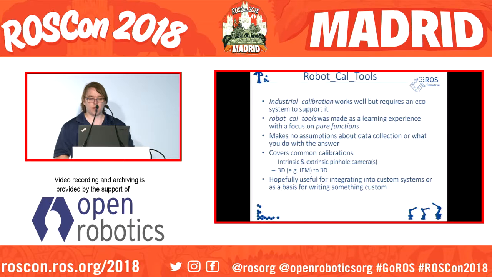So, like I said, industrial calibration works well, but it needs an ecosystem, right? There needs to be camera info managers. There needs to be somewhere to put your calibration results. And maybe you don't have that. And so I started this as sort of a learning experience, and the focus was to make an API that was just pure functions, right? Functional programming, woo. It doesn't make any assumptions about the data, your data collection procedures, or what you do with the answers, right? It pulls out all these common cost functions that Chris has written,